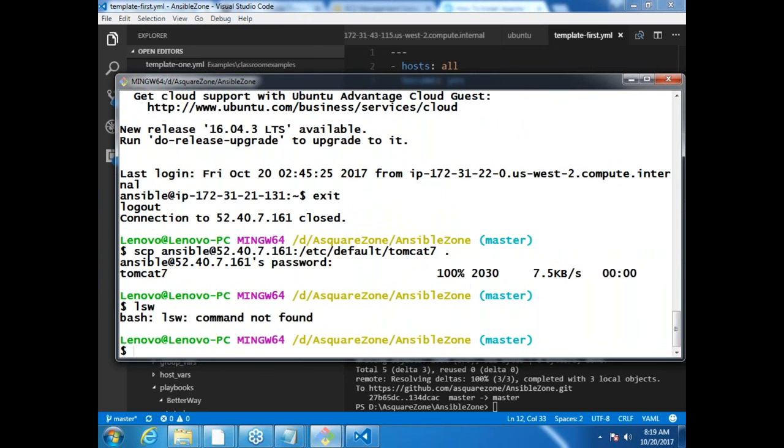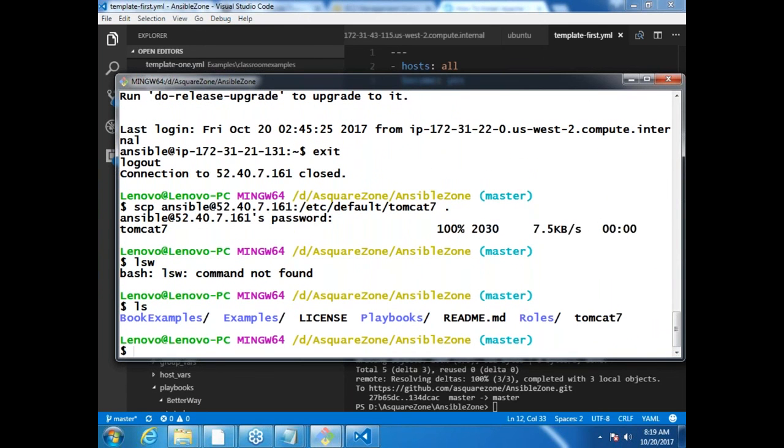Okay. Let me do ls. Am I seeing something called Tomcat 7? Yeah. So let me move this file. Or let me copy this file as of now from